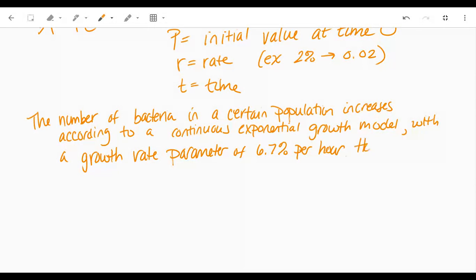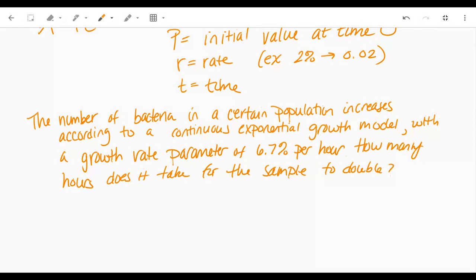How many hours does it take for the sample to double? Okay, so